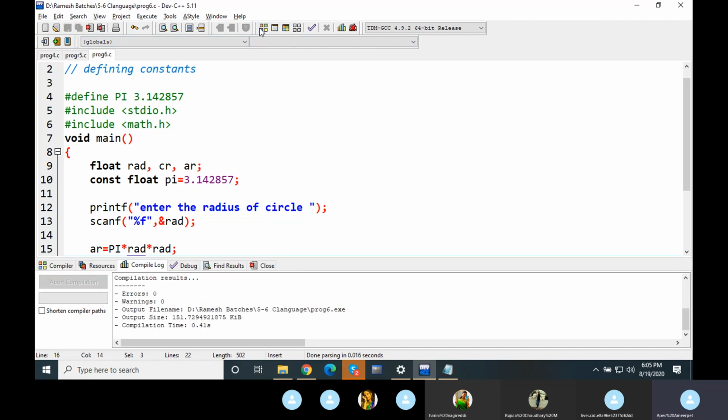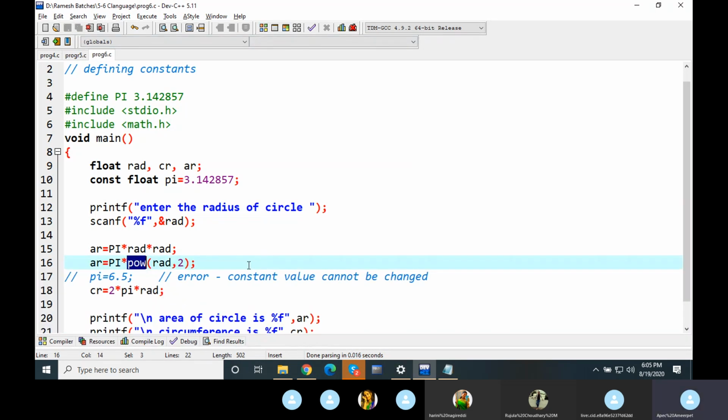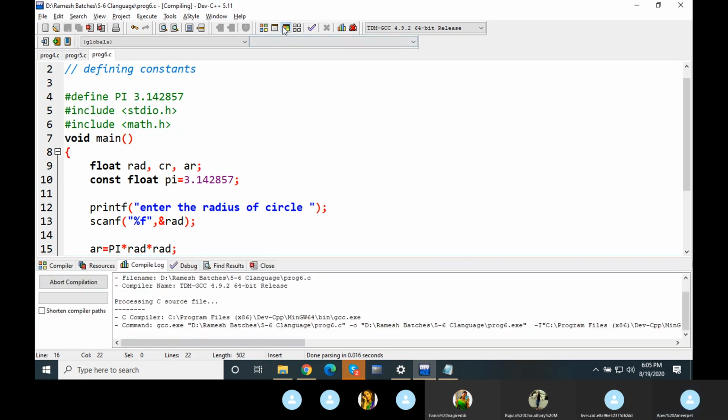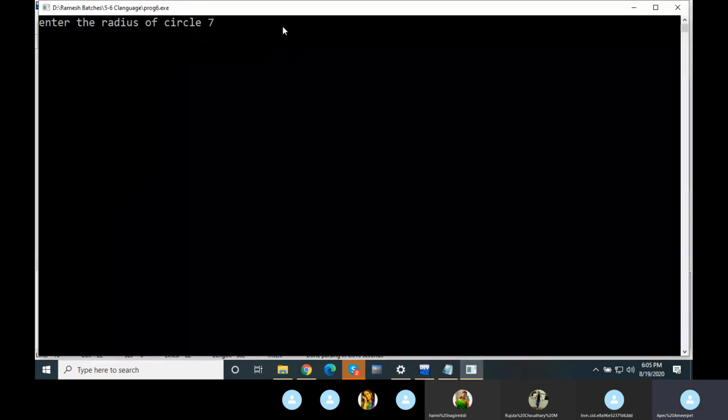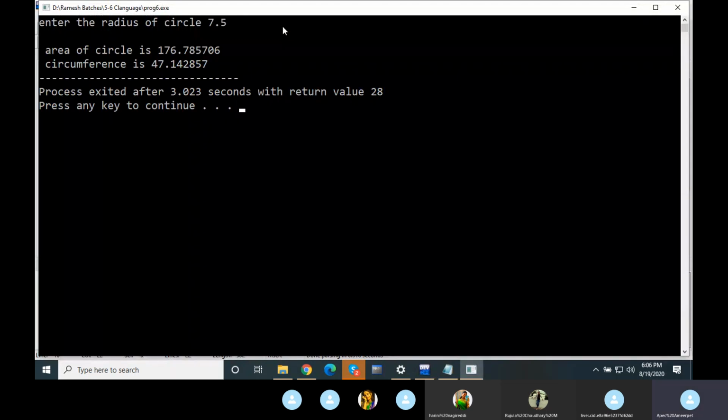Now you compile the program. Program is compiled successfully. Output is the same, but I am trying to introduce one new thing. pow calculates the power of a base to its exponent. Output is similar again.